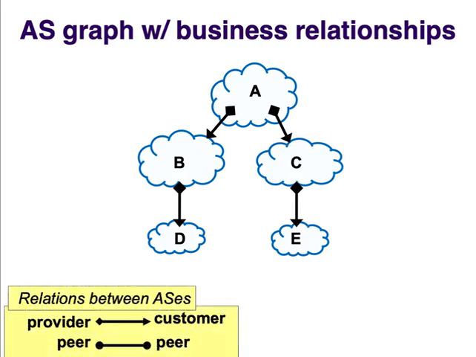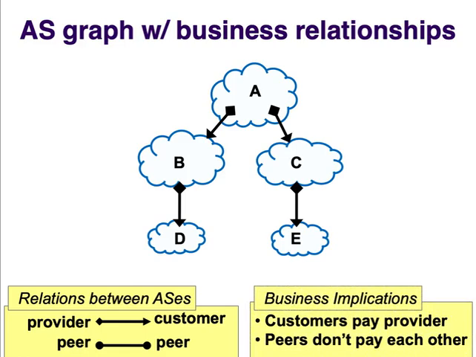And I'm showing you here the relationship between these ASs, where I have this directed arrow for provider-customer. So you can see in this graph, we have a bunch of provider-customer relationships. And then I have a different edge, which I don't have any in this right now, but we would be using this other type of edge to denote a peering relationship between two ASs. And just to put it up there so you have it, remember customers pay providers and peers don't pay each